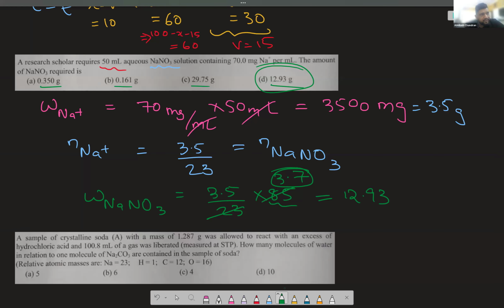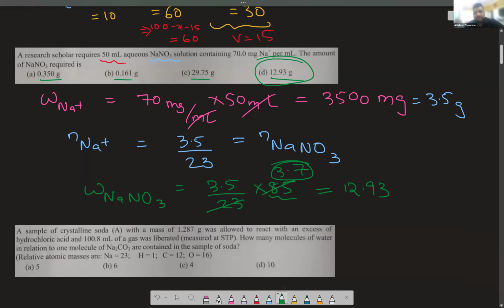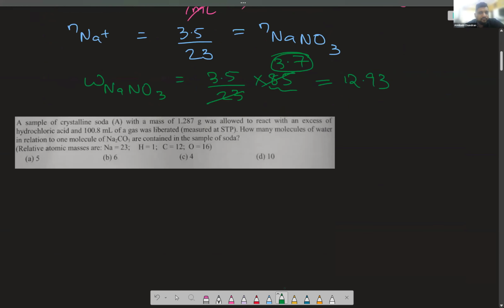3.16 is the root of 10, right? So both of these are greater than that. So obviously it should be greater than 10, 11 and so on. So I'm getting 12.93, option D, as the correct answer. Moving forward,